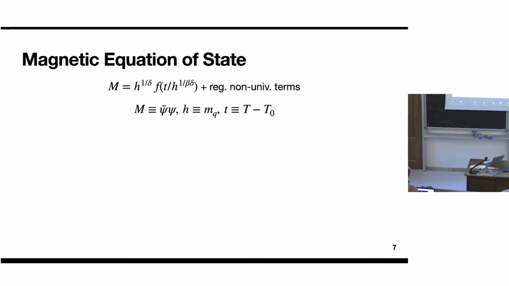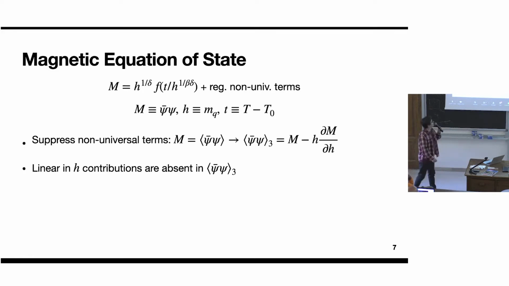Now let's have a closer look at the equation of state. This universal function describes the order parameter, in our case the chiral condensate, as a function of the external symmetry breaking field, in our case the quark mass. The expression for this order parameter is given by this simple formula. It would be nice if we could somehow suppress these non-universal terms. In order to do this, let me introduce another parameter, which is simply given by this expression: we take m minus the derivative of m with respect to h times h,